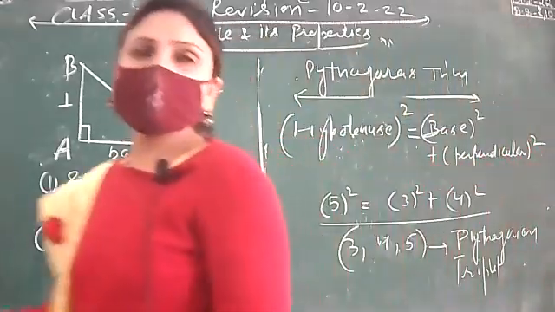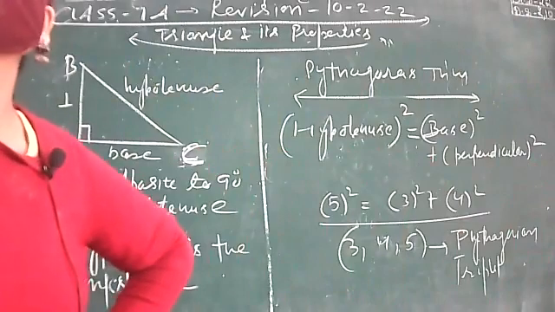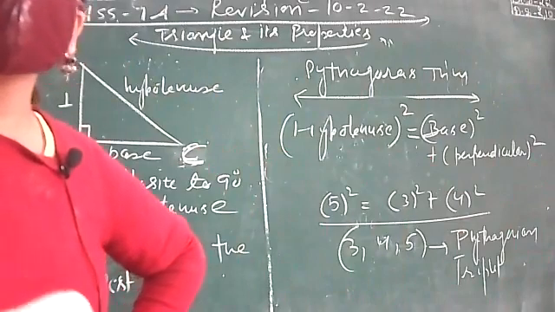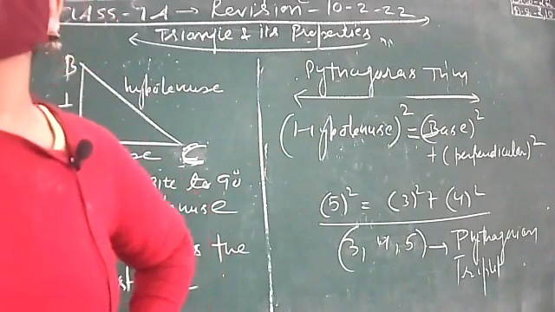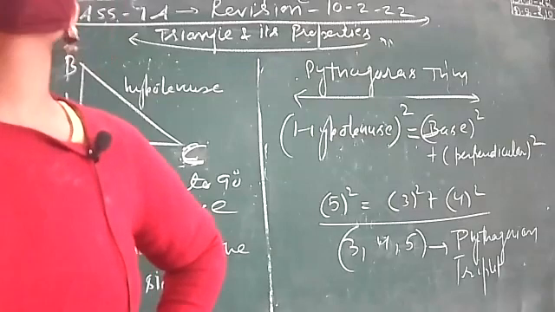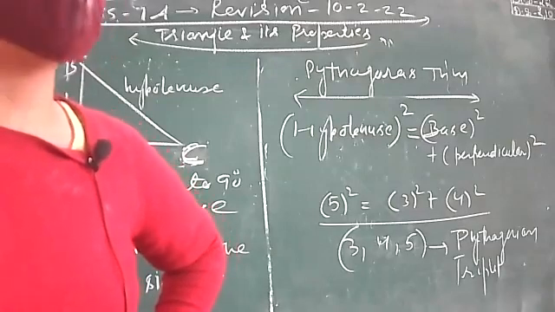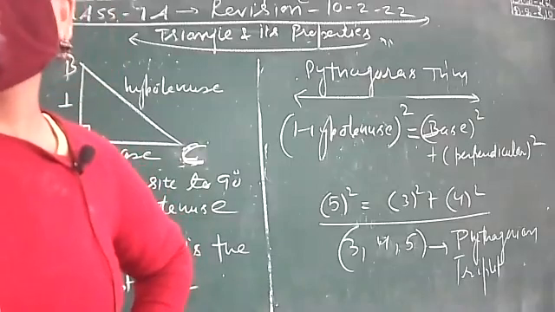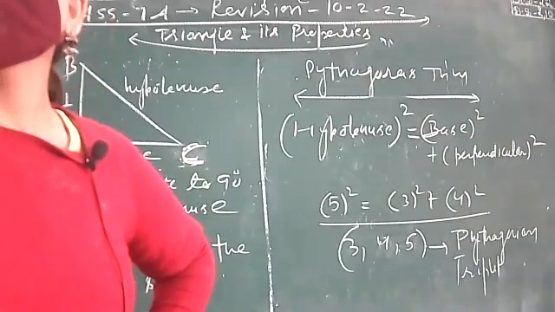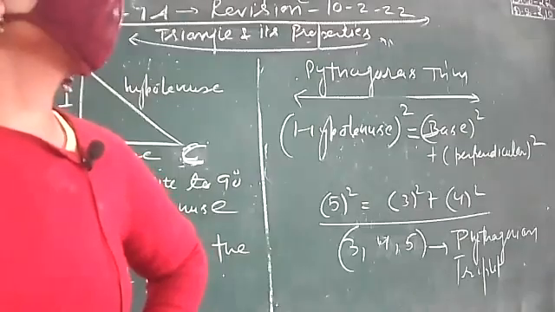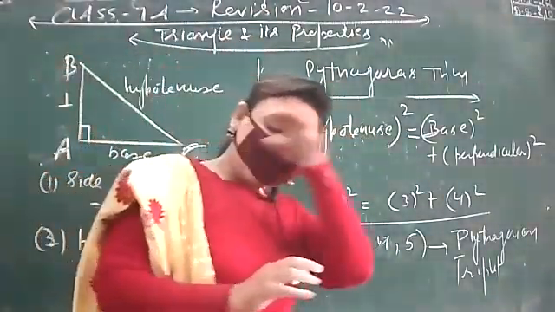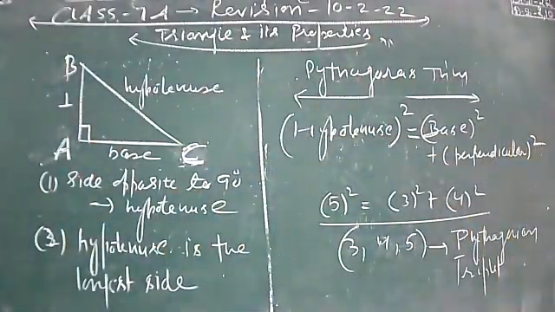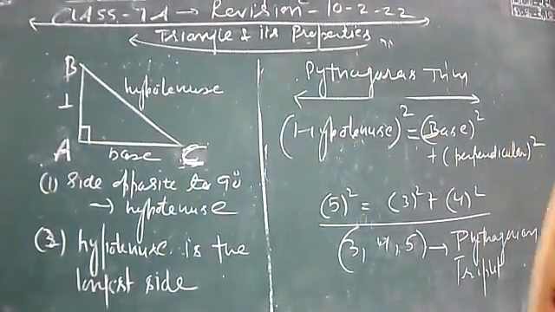Pythagorean triplet means जिस ट्रिपलेट, जैसे हम कहते हैं वी आर SSTPNs, हम SSTPS स्कूल में पढ़ते हैं तो वी आर SSTPNs, INS लगाते हैं ना पीछे. इसी तरह से if some triplet is satisfying the Pythagoras theorem, that will be known as Pythagorean triplet. पेपर में आपके पास क्वेश्चन it can be like this, that can these sides form a right angle triangle? तो आप इस रिलेशन को सेटिस्फाई करवा के देखोगे. If this relation is satisfied, then the sides can form right angle triangle, and if the relation is not satisfied, sides will not form. We'll continue tomorrow.